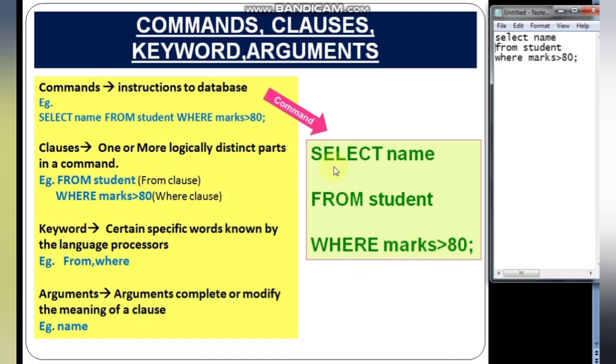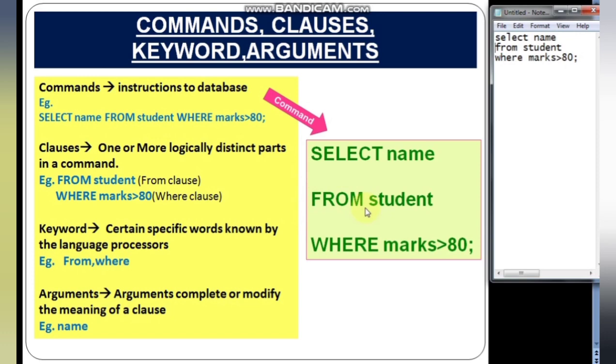Now actually you will understand later that these are keywords. Keywords are certain specific words known by the language processors. The compiler or the interpreter is a language processor in a programming language. They understand certain specific words which are already predefined.